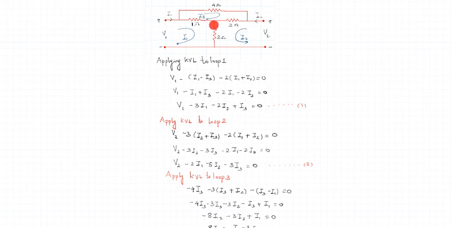So minus 4 into I3, minus the currents which flow through the 3 ohm resistor, I2 and I3, both flowing in the same direction, and therefore the net current which flows through this is I2 plus I3, and the voltage which is generated is minus 3 into (I2 plus I3). Moving forward to the 1 ohm resistor, the current flowing through it is again two currents, I1 and I3. We observe that both the currents are in opposite direction, and as we are in loop 3, I3 is the primary current, so the net current which flows through this 1 ohm resistor is I3 minus I1.